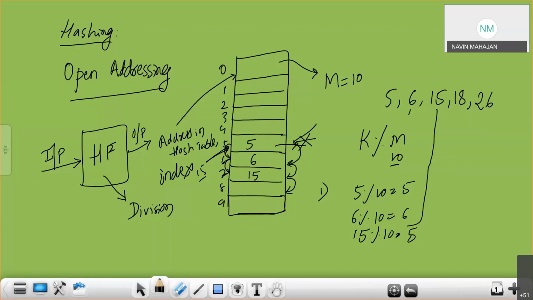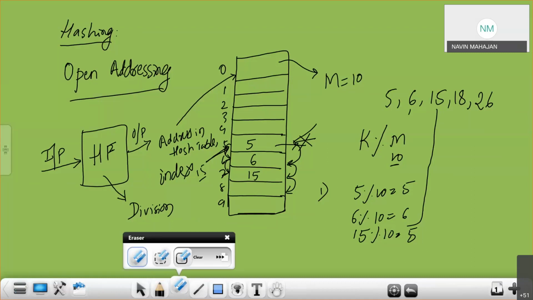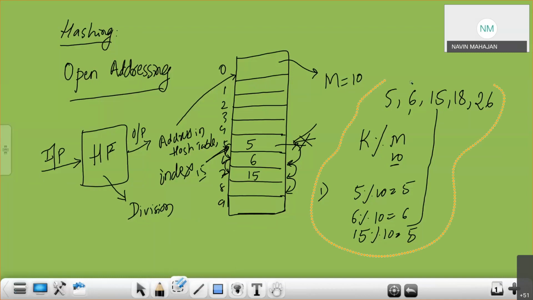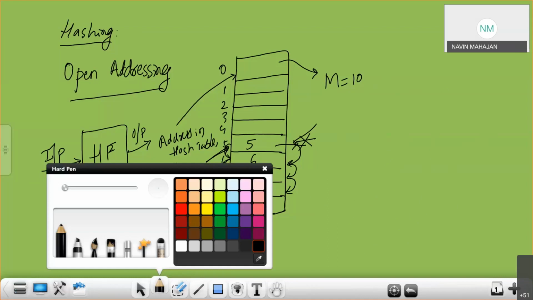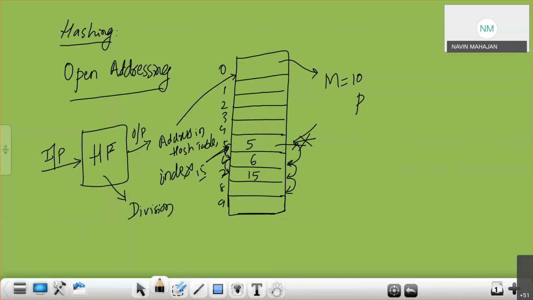When a collision occurs, how to resolve it? When a collision occurs, the resolving is done using probing. Okay, so what is probing? Probing is searching, searching if the next memory location is free. So the first one is linear probing.